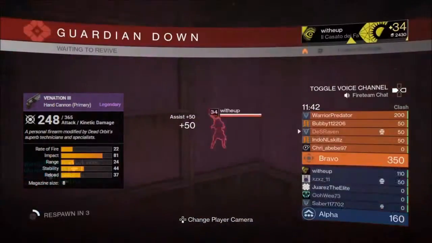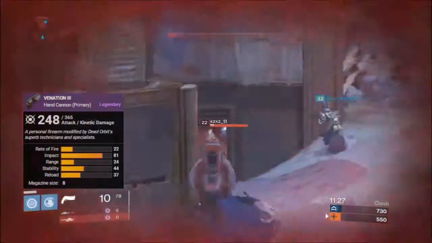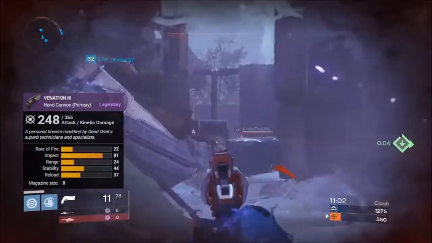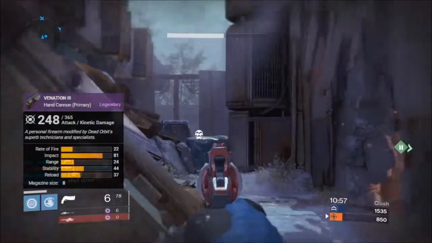Moving on to Venation III, the Dead Orbit hand cannon found in rank-up packages, I believe, during Vanilla and Dark Below. Holding a range of -16, stability of +12, a reload +4, -4 magazine count, and +22 to the aim